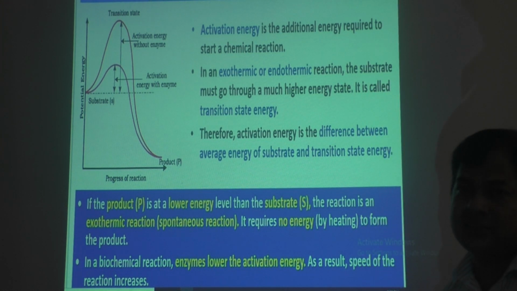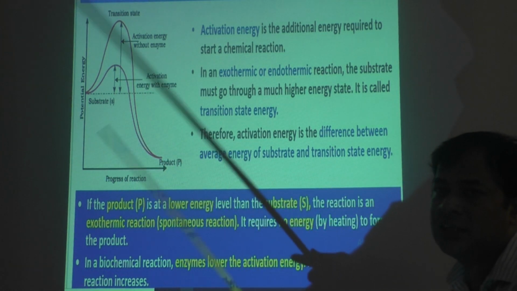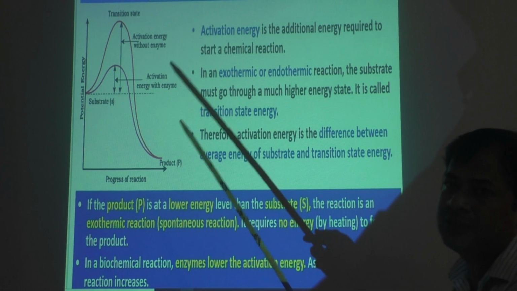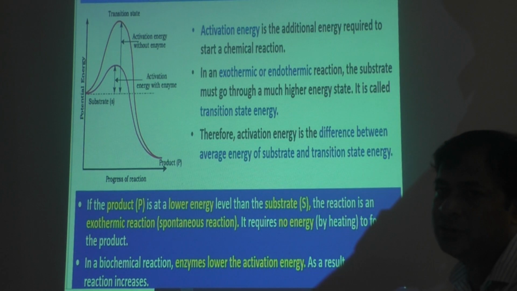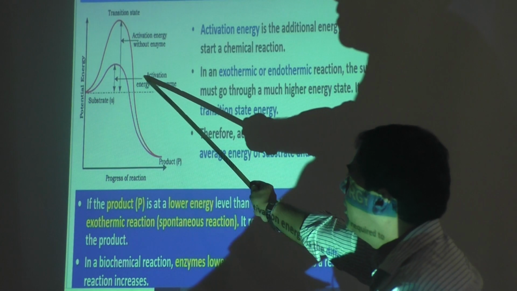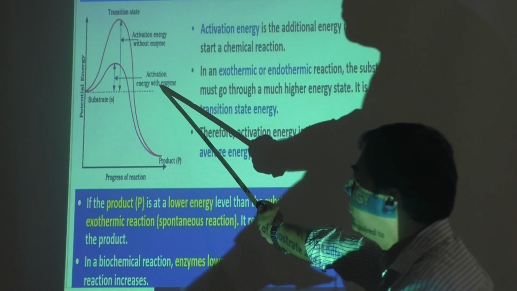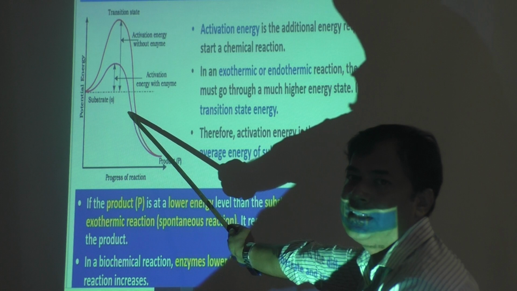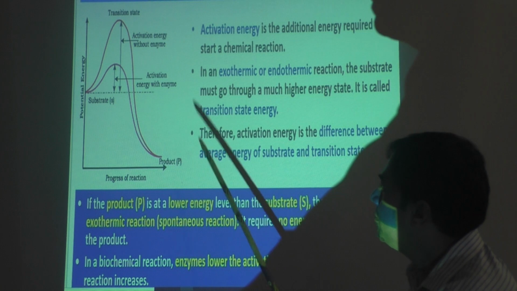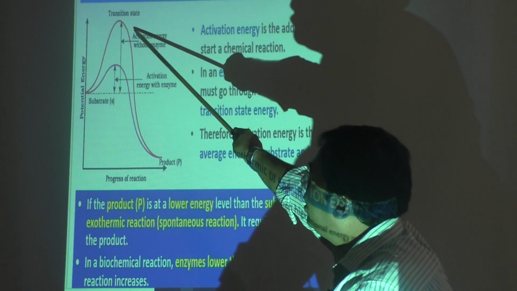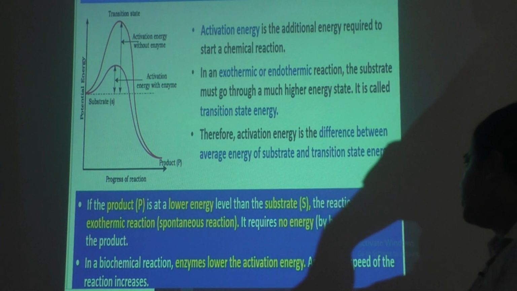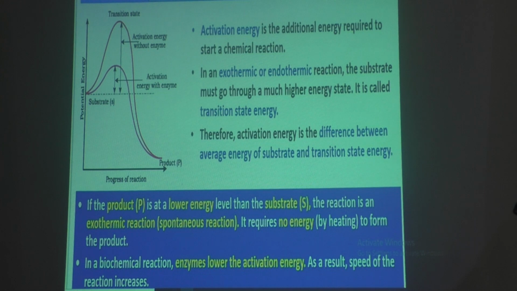Where will you reach faster? Definitely Nehru Nagar. That means when the enzyme is there, in just 1 kilometer you will produce a product. If the enzyme is not there, then you have to go 4 kilometers to produce a product. That means for the substrate to go to the higher state, with the enzyme the activation energy will be very easy, and the substrate goes to the transition state very quickly and produces a product. But when the enzyme is not there, it goes very high and becomes slow, and produces a product but very slowly.